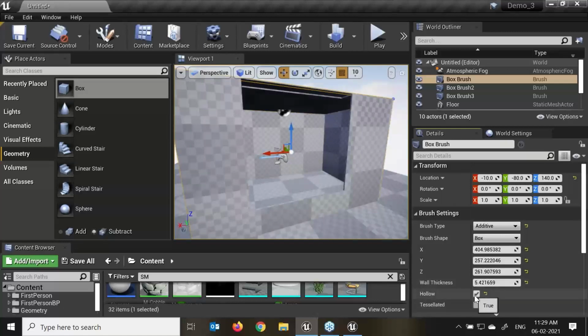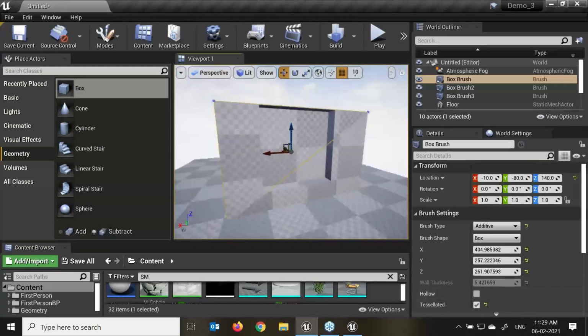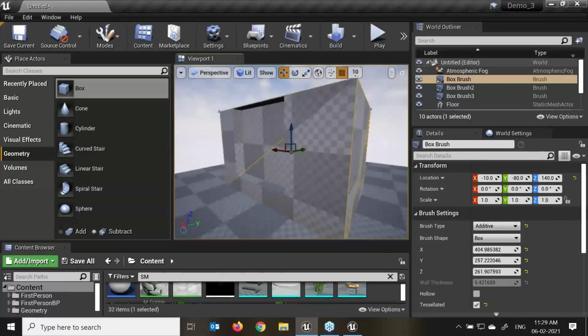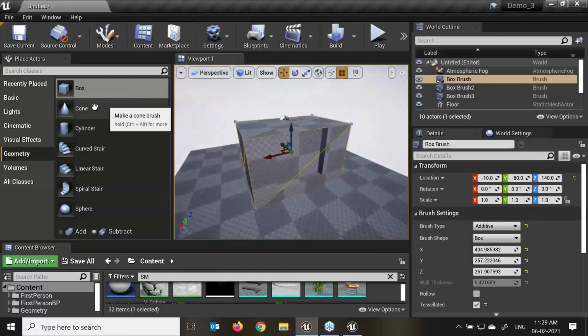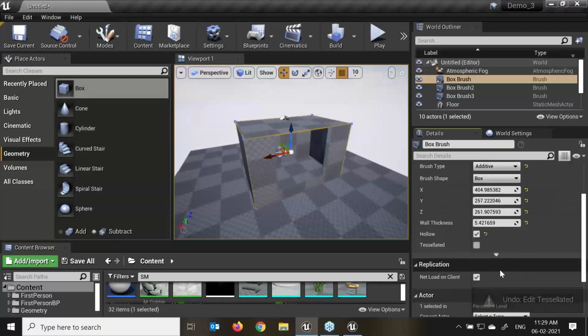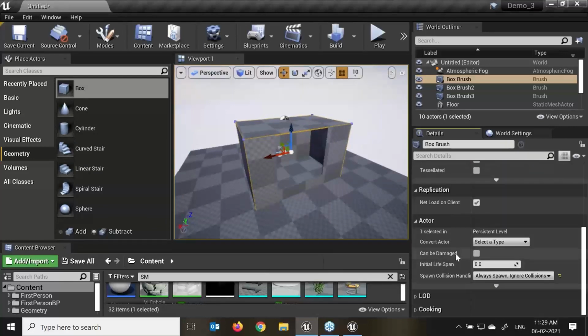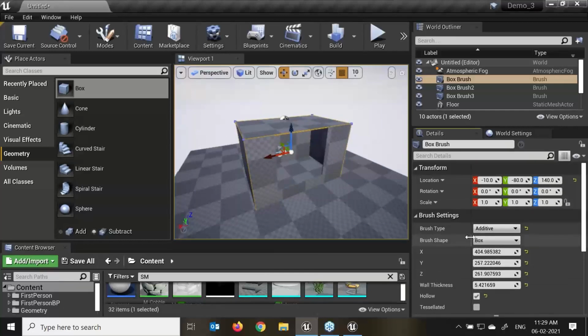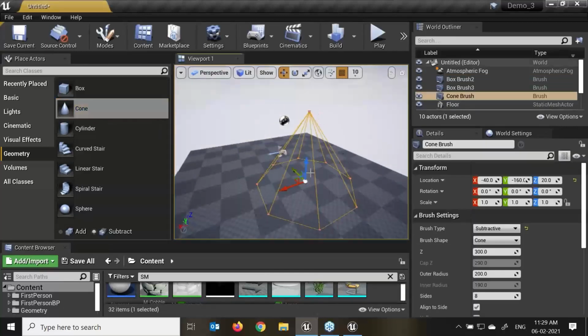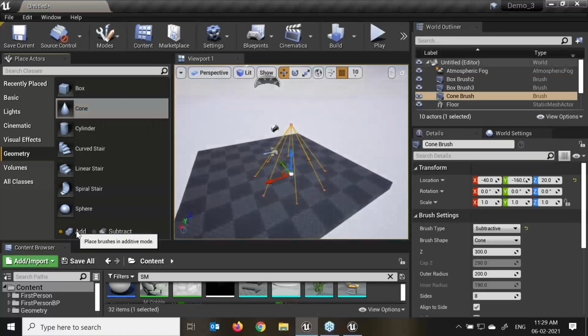Tessellate, we have it like wireframe. Here we can see this has become triangular. So each and every geometry of the BSP object has its own properties and values. As of now, we are looking at a cube. If I go down over here, these are the main properties of that particular cube. Select and delete.